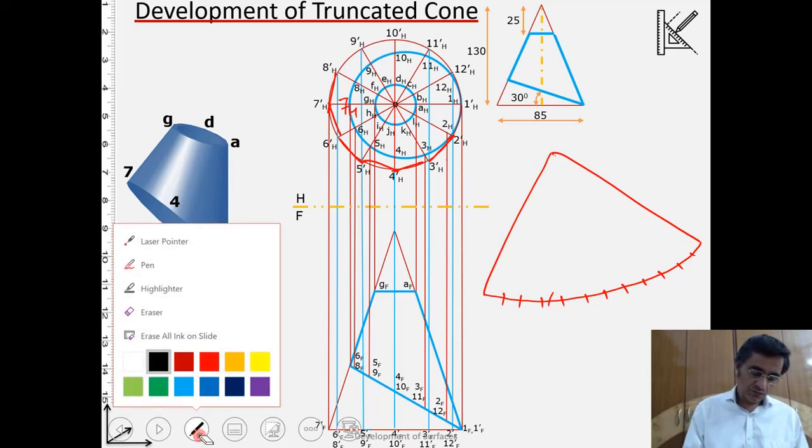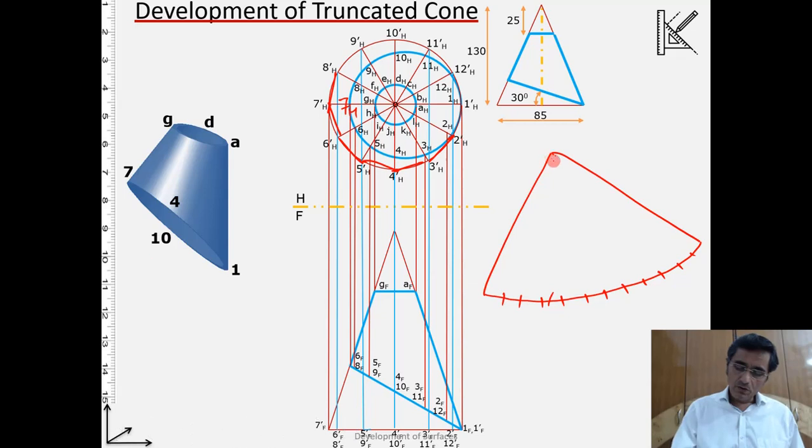So what we will do, for example here, look at this, I can straight away cut away this part, okay, and this line is corresponding to this, because I know how much is this length, okay, we can determine this length is known to me, so this length is the same length as here. So corresponding to this, I am taking an arc, and this entire portion can be removed.